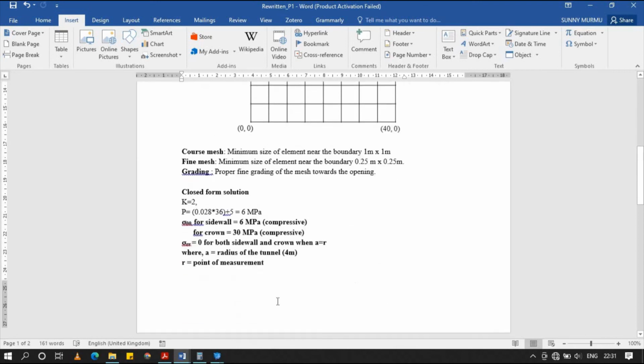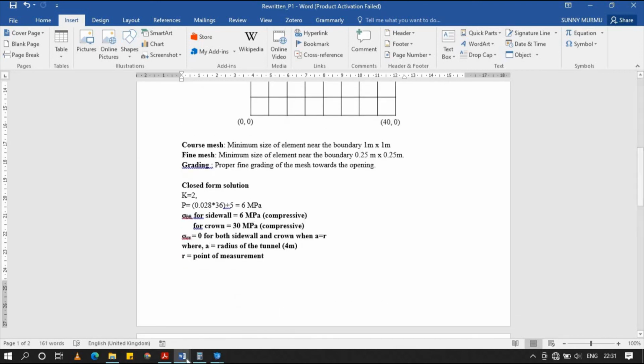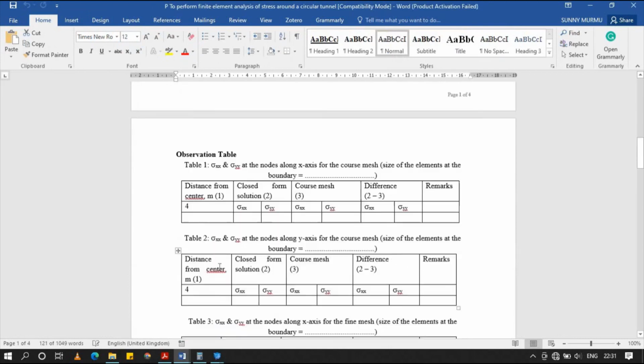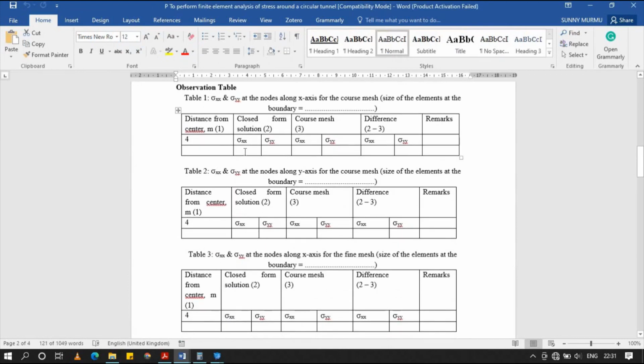That is the outcome of the numerical modeling today. So you have to fill this paper, which is the closed form solution. You get the value of sigma xx and sigma yy. It should be sigma rr and sigma theta theta, because it is an axisymmetric coordinate system where r is the radial direction and theta is the tangential direction, which is the angle.